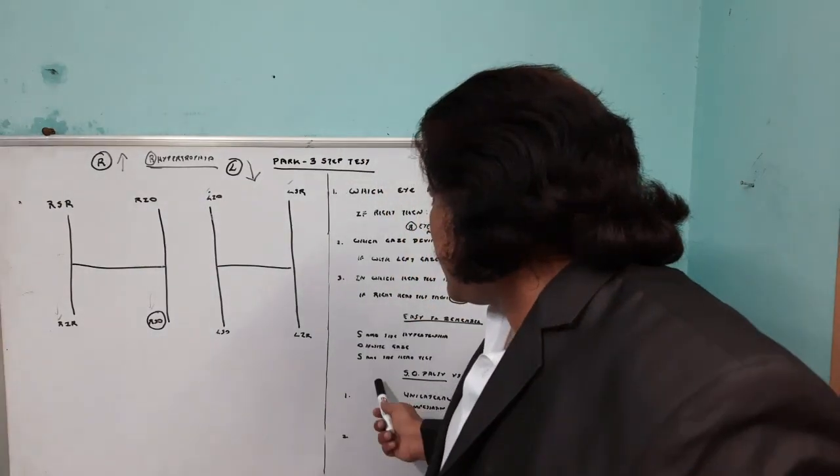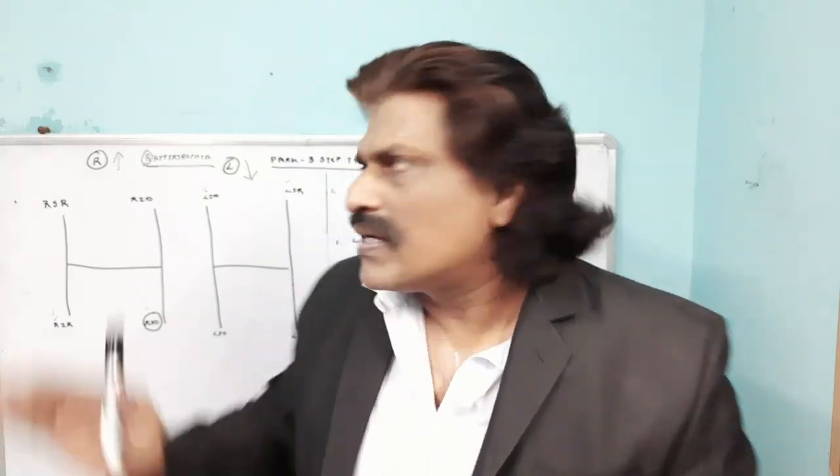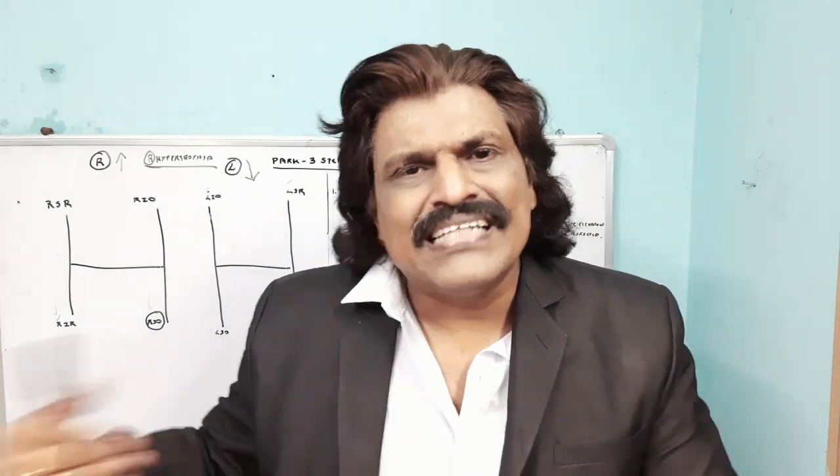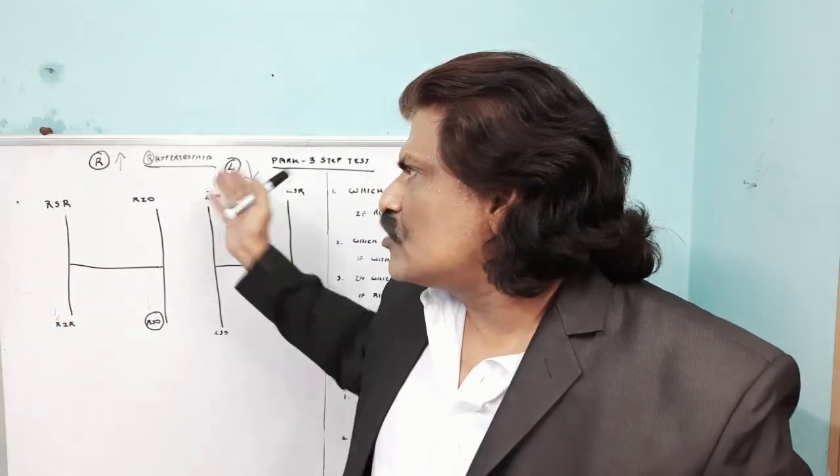The third is the head tilt. If it is going to worsen with the head tilt on the same side, again it is going to be superior oblique palsy. So same side head tilt. So easy to remember. The Parks 3-step test for right hypertropia is that the right hypertropia is present on the same side, that is the right side, the first S. It worsens with opposite gaze, O, in this case the left side, so O is for opposite. It worsens with the same side head tilt, that is S. So SOS, if you remember, you can easily pin down which muscle is involved, in this case the right superior oblique palsy.